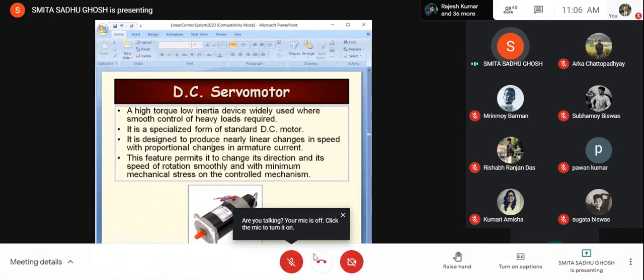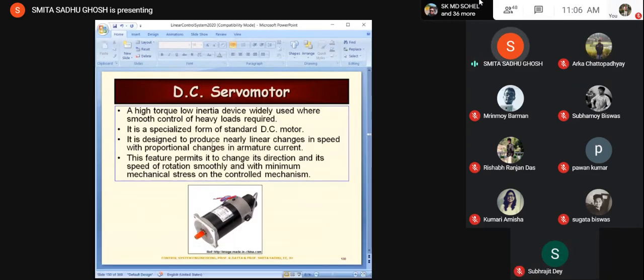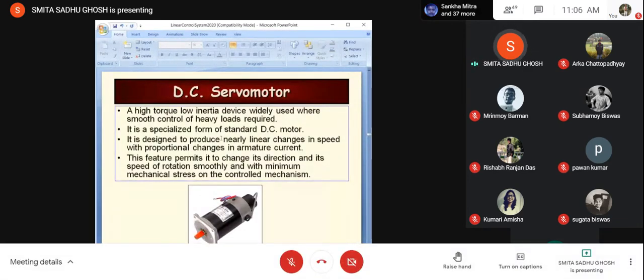Right. So if you recollect, we had just started with servo motors, and I had said that DC servo motors are what we are going to do right now, and then go over to a scheme where a DC servo motor as well as potentiometers are used, namely the remote position control system.